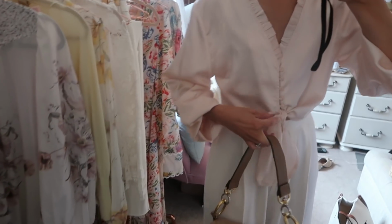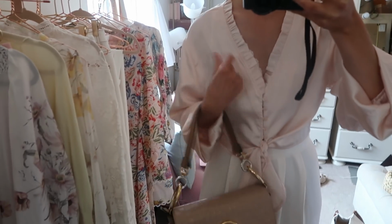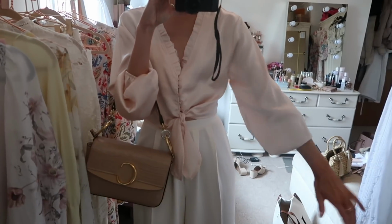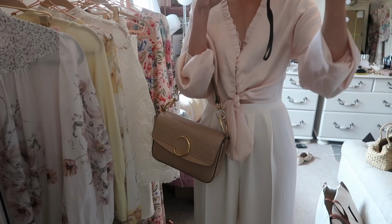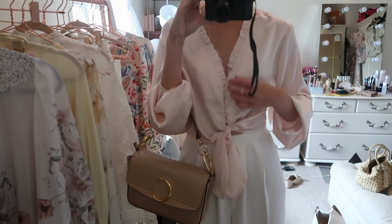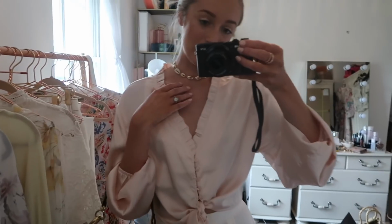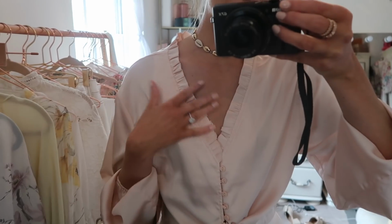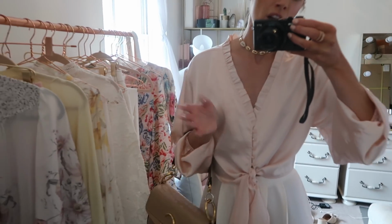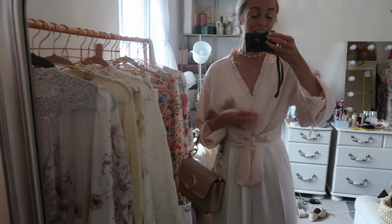It looks like a beautiful satin material. It's got these balloon style sleeves. It's actually got a bit of elastic there which you can use to create a really lovely puffball effect. Covered buttons down the middle, a little bow detail down at the bottom, and then it's got this beautiful frill detail around the neckline. This could be a Chloe blouse, it could be from a super expensive retailer, but actually